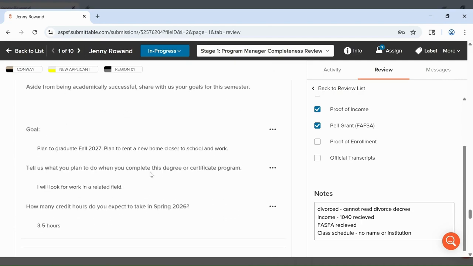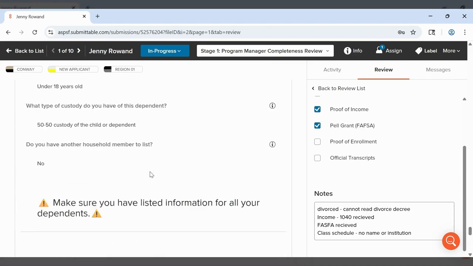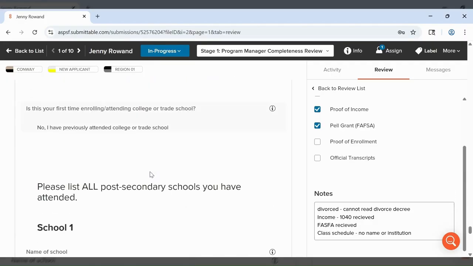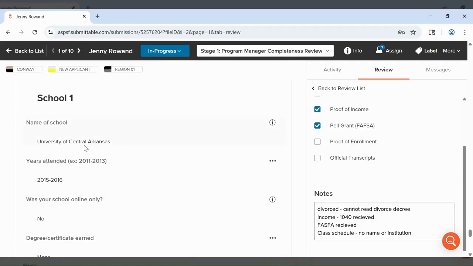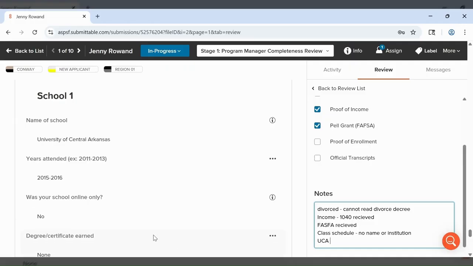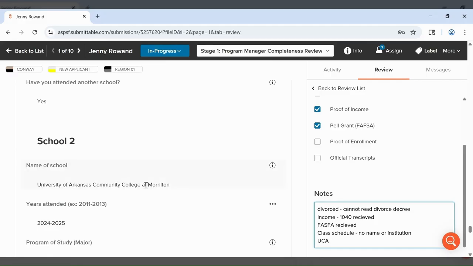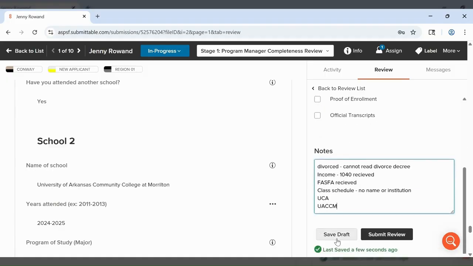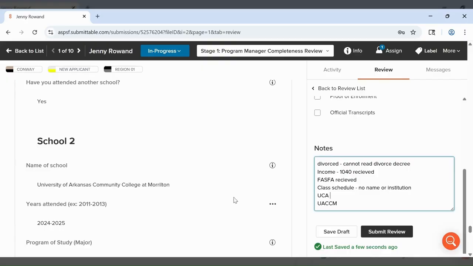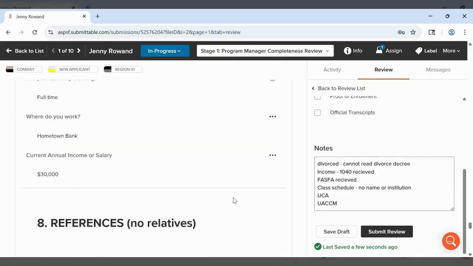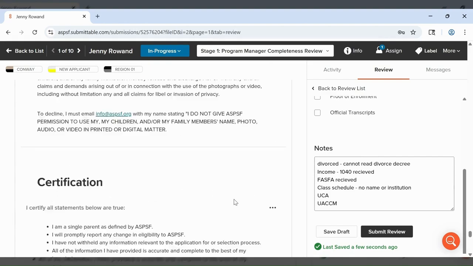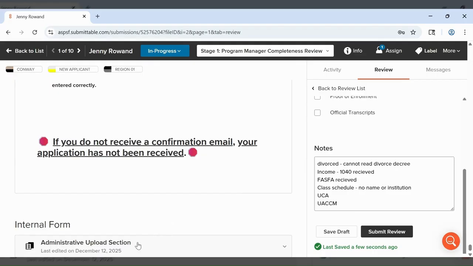Fifth checklist item: official transcripts. Official transcripts may not be uploaded into the database by applicants. Therefore, reviewers will want to view Section 7, Education History of the initial form to view the listed institutions. You may list each institution in the Notes section to help determine if all official transcripts have been uploaded. For example, if an applicant provides University of Arkansas Community College in Morrilton and the University of Central Arkansas as their education history in Section 7 of the initial form, you will want to list each of these institutions in